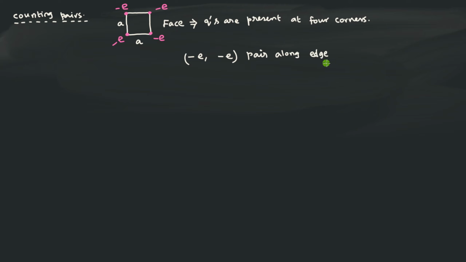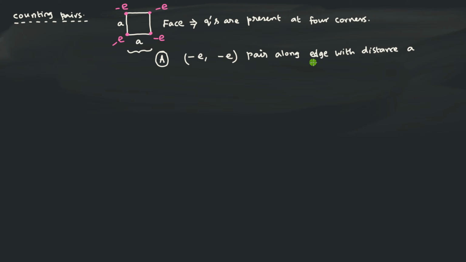But when you say edge, then you can know the distance between them. Okay, with distance A. If you are going to consider the edge, that is I am talking about this one. If you are considering the edge here, the distance will be A. So this is one type of pair. Let me write down that this is A. You are going to have several varieties of pairs. So that is why I am now making sure that you are now considering the pairing along the edges.